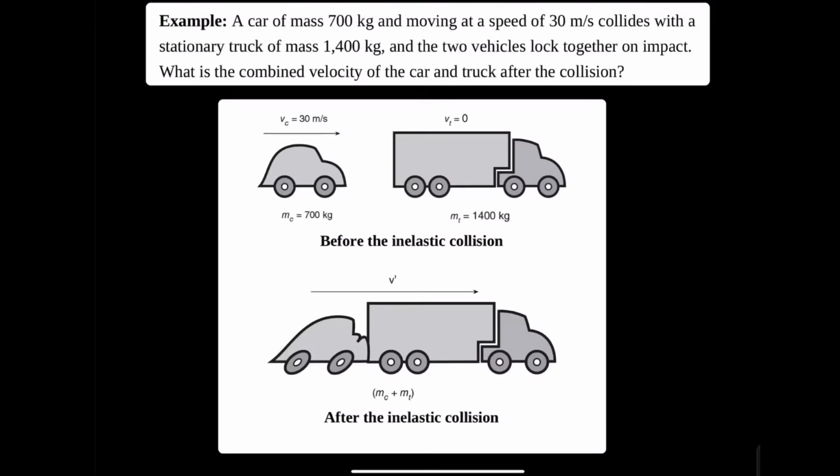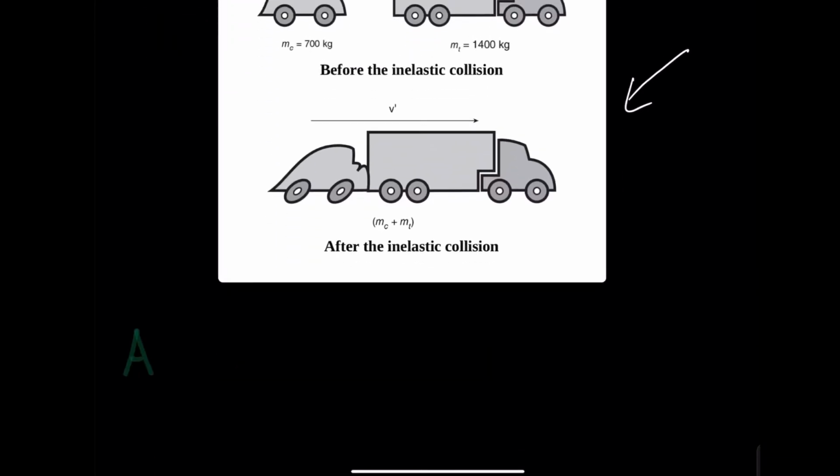So let's answer this question. A car of mass 700 kilograms and moving at a speed of 30 meters per second collides with a stationary truck of mass 1400 kilograms, and the two vehicles lock together on impact. What is the combined velocity of the car and truck after the collision? So we can simply see that there is a perfectly inelastic collision going on. And let's plug in the numbers for that. So the initial velocities